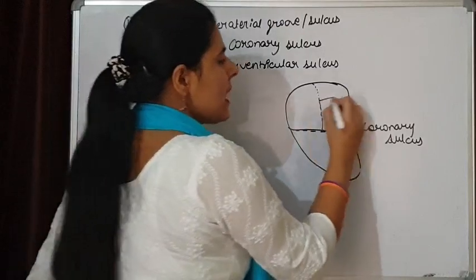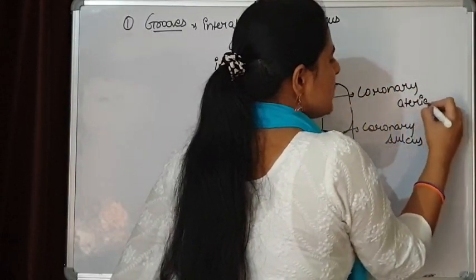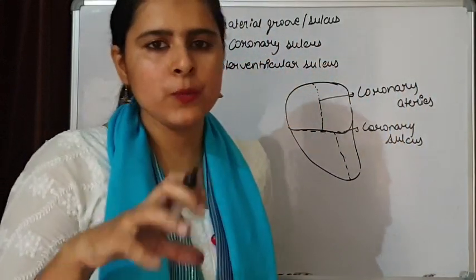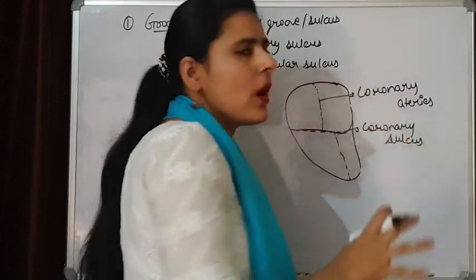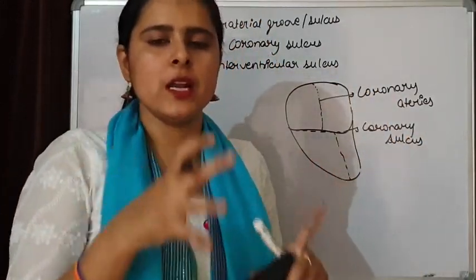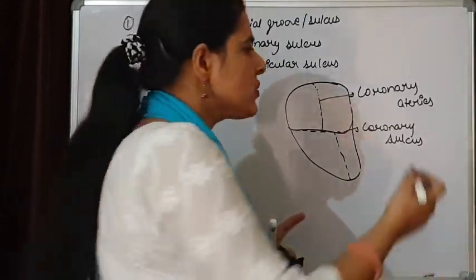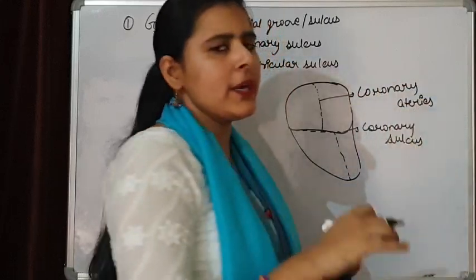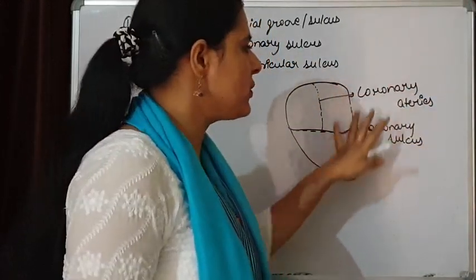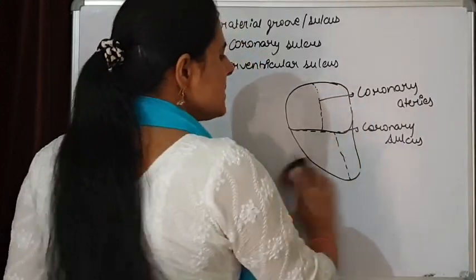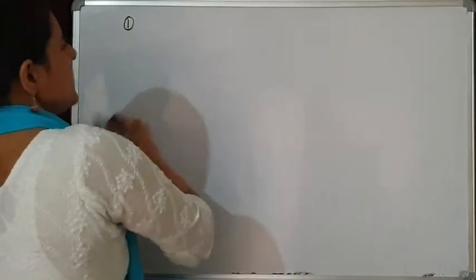Plus, these grooves contain coronary arteries. Through these grooves, various coronary arteries are moving, and these coronary arteries help in the blood supply to the heart, because the heart muscles are continuously functioning. So oxygenated blood is required by these muscles. The supply of oxygenated blood to the muscles of the heart is done by the coronary arteries, which move through these sulci. So this is how the chambers are differentiated by various grooves.